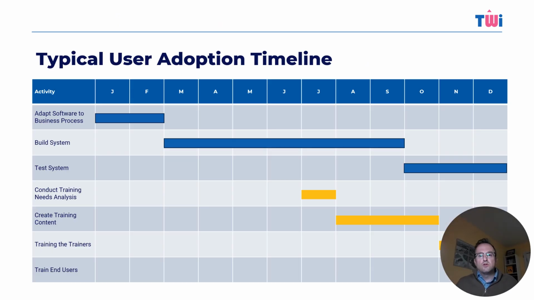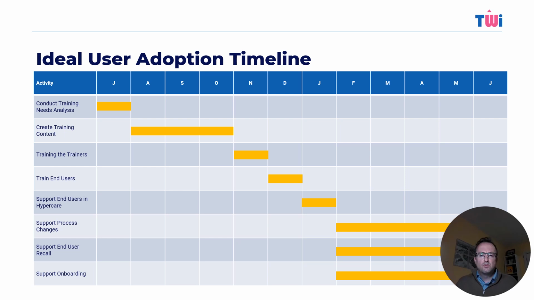Now let's consider user adoption, or more specifically, user enablement, and how it fits into that implementation project timeline and beyond. Traditionally, given a project timeline of, for simplicity, let's just say 1 year, as displayed here on the screen, teams will break down the build like this in blue, with testing and refining the system running right up to go live. And that's, of course, in an ideal world where things go smoothly and all relevant resources are available. At the same time, typically training might start midway and run right up to go live with end user training, right?